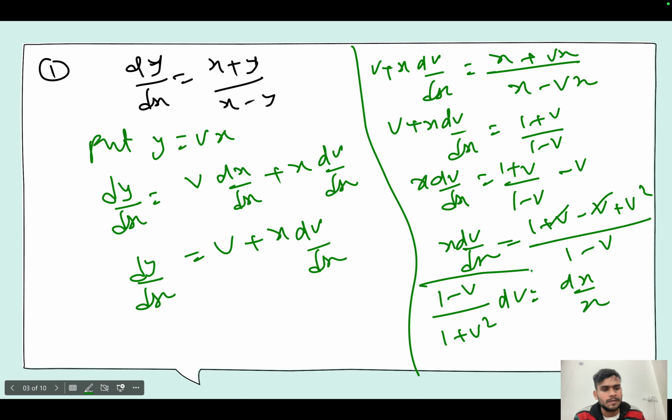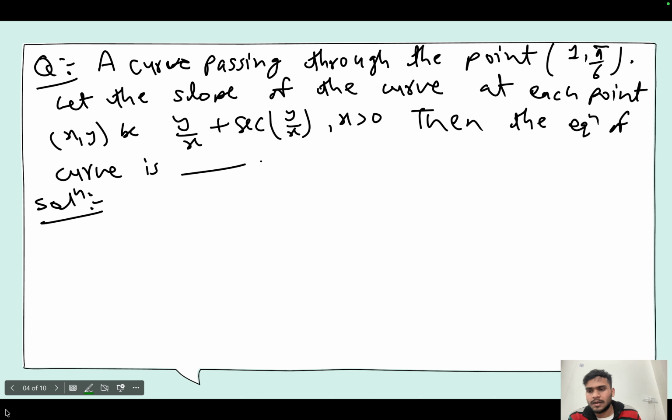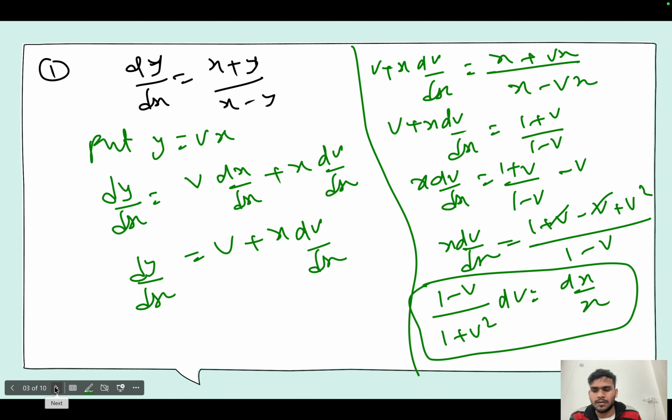Okay, I am just showing you from this example how we will solve it. This is not the exact solution; I am just telling you the steps to solve it. First put the value y is equal to vx, then find the value of dy by dx and then solve it like this. Okay, and yes, we can solve it. Now I should provide you the solution of this.